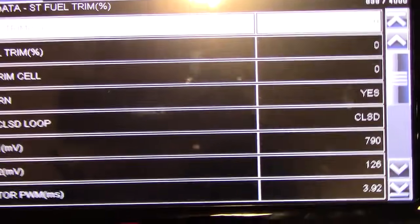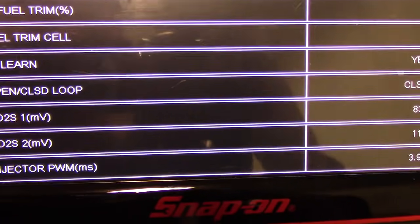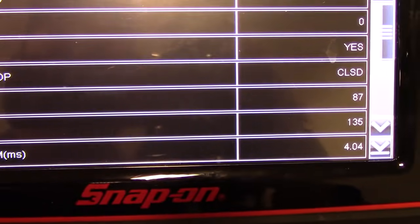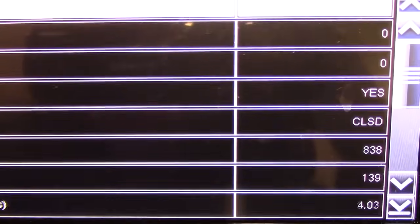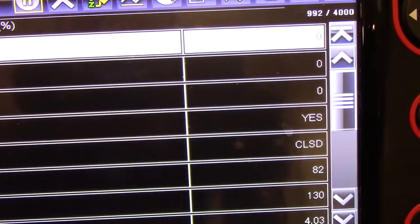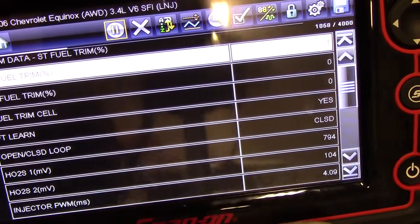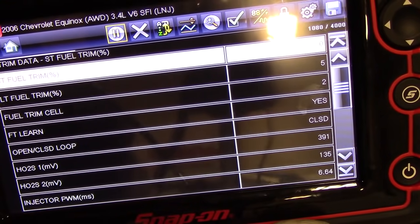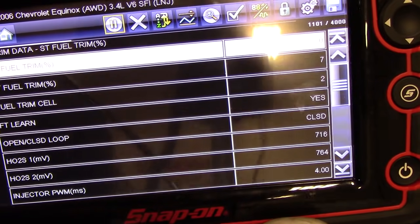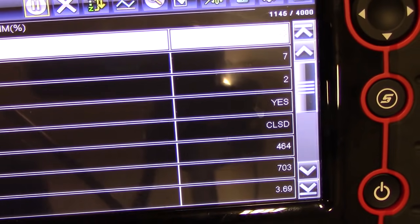If you do have access to a scan tool and the ability to monitor fuel trim values as well as the oxygen sensor voltages, then get on in there, check your fuel trim values at idle. I'm measuring 0 here. So let's take a look at it when we raise the RPMs. Definitely goes positive